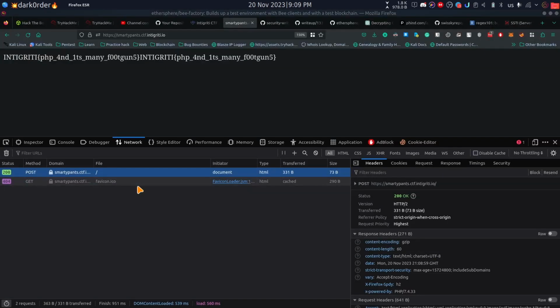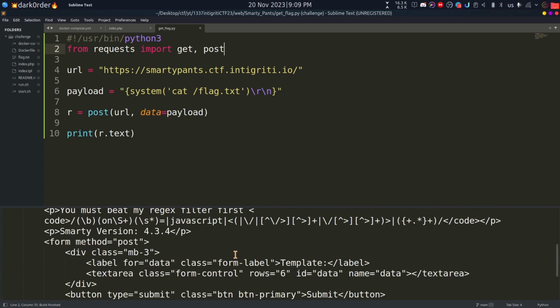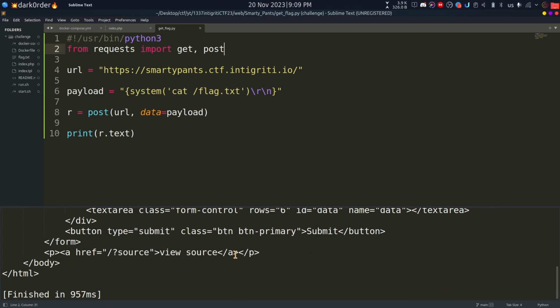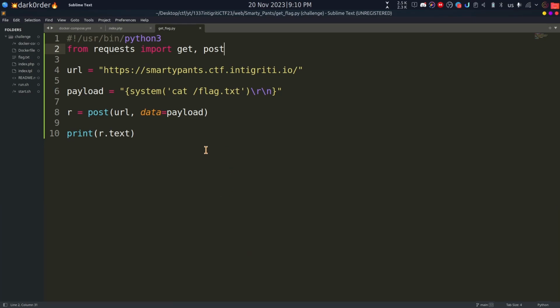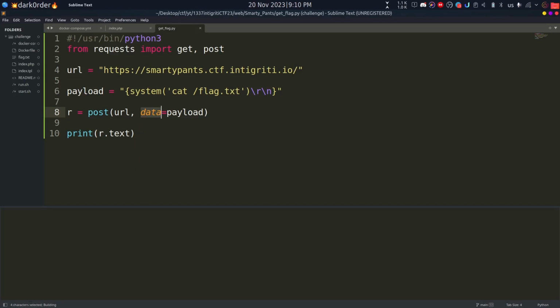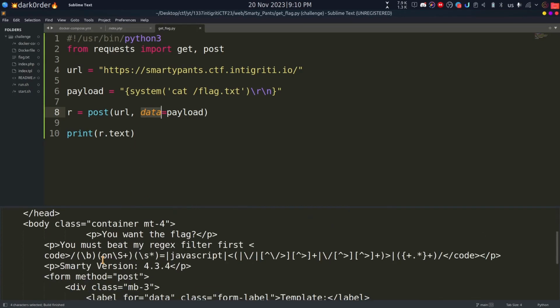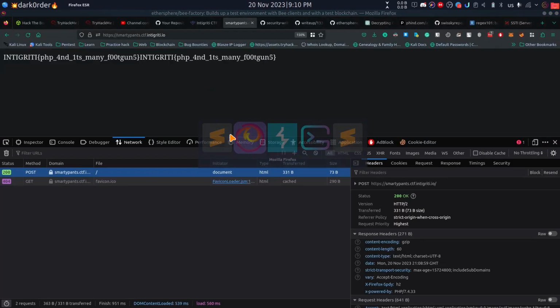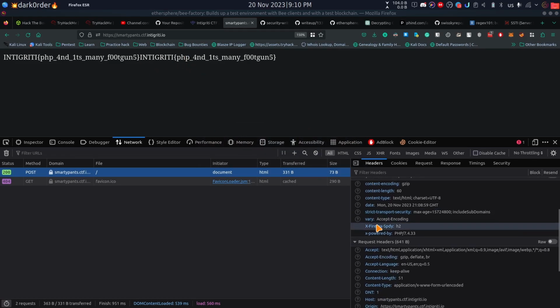Okay. Why is that? JSON. Actually, I'm not sure why it's not working. It should work, but